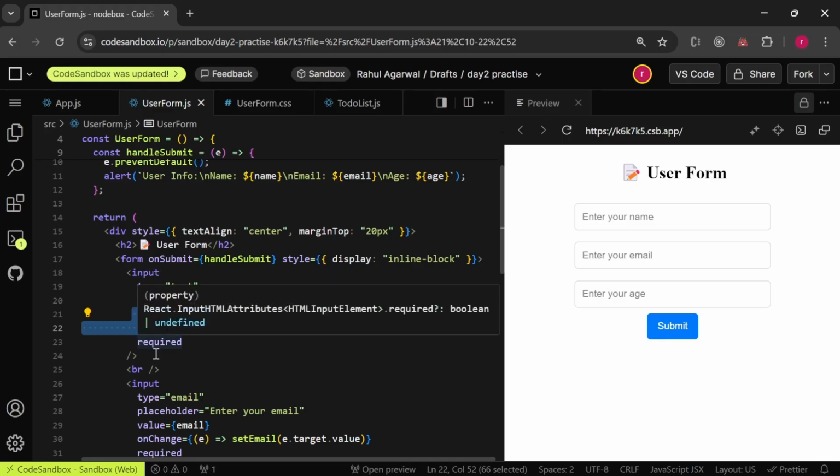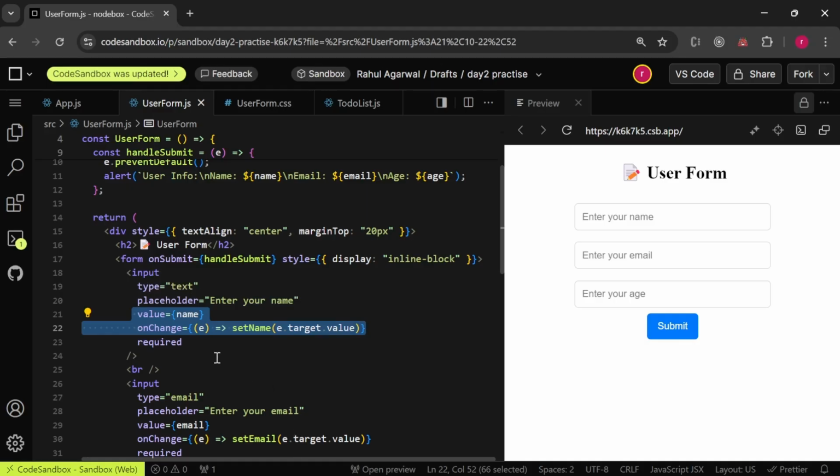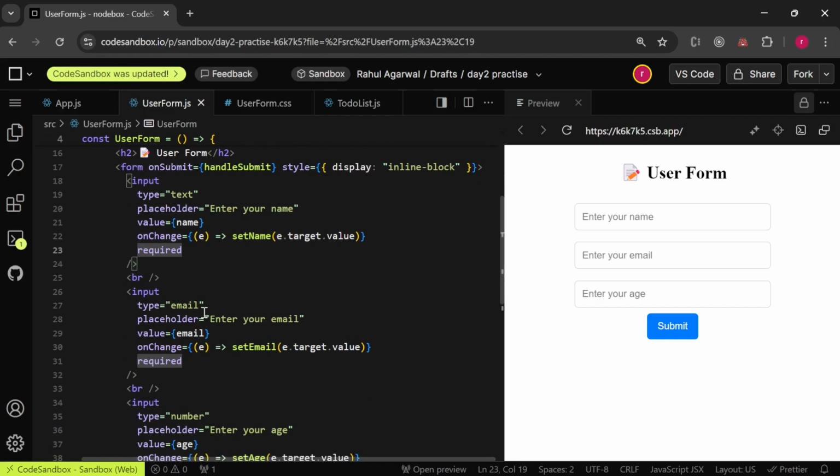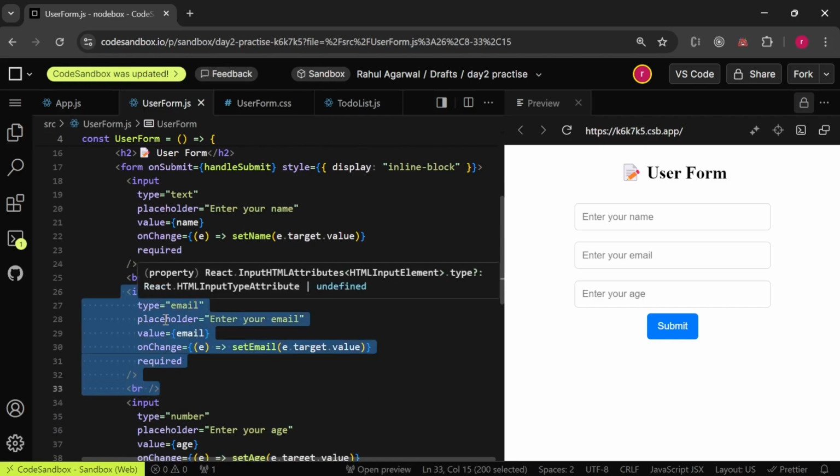And then onChange, we are using the onChange event handler, and then event is equal to, but this arrow function we are defining it as, and then setName(e.target.value). This is the basic format, okay, for taking inputs, and we have mentioned that this is a required or a mandatory field. In the same way, we are giving another input where the type of the input is email, placeholder says enter your email, and then value of the input is email, and on change event handler we are putting